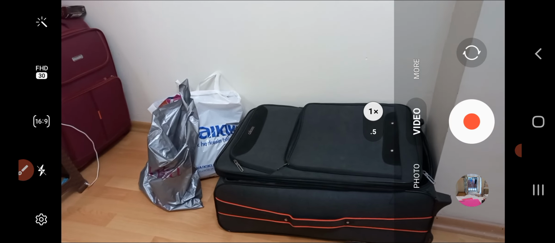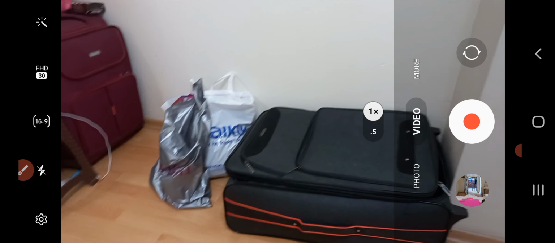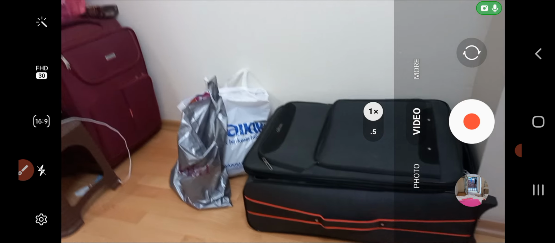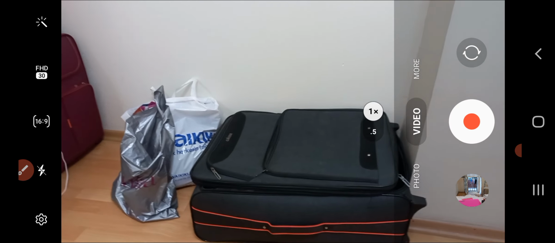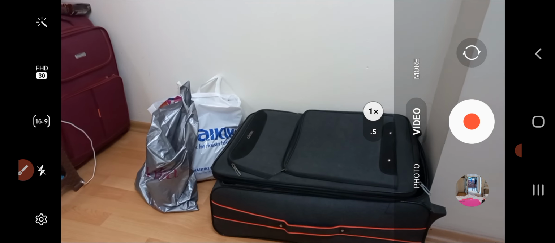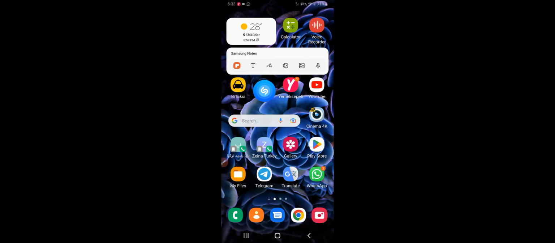The first solution is to open your camera app and go to the videos, which obviously we're fixing the video, and go to the settings and just disable video stabilization, and try your camera and see if there's sharpness, and you decide. And if this solution didn't work, you need to go and download this app, Cinema 4K